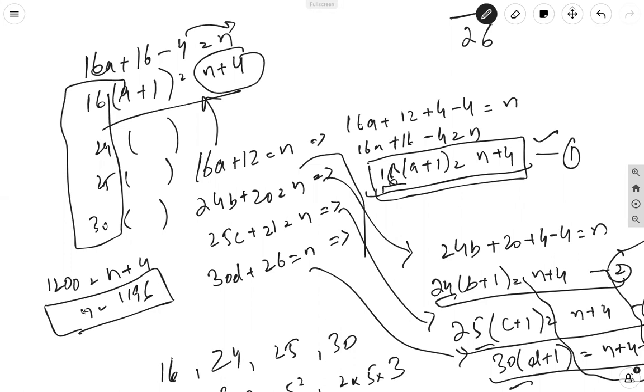Okay, got you. Okay, so this was all about the reminders, and